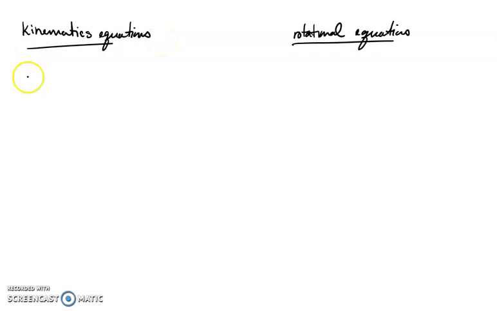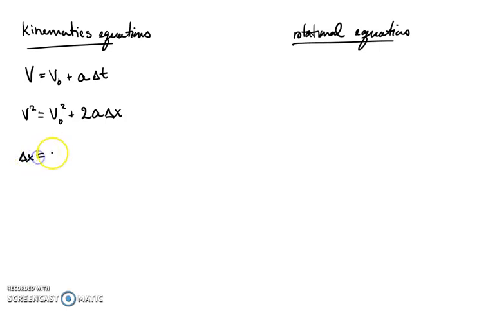All right, so if I just go down the list, here's my kinematics. Your final velocity is equal to your initial velocity plus your acceleration times your change in time. Your final velocity squared is equal to your initial velocity squared plus 2a times your displacement. Then we've got displacement, delta x is equal to 1/2 v plus v sub naught times change in time. Then finally, we've got your final position is equal to,